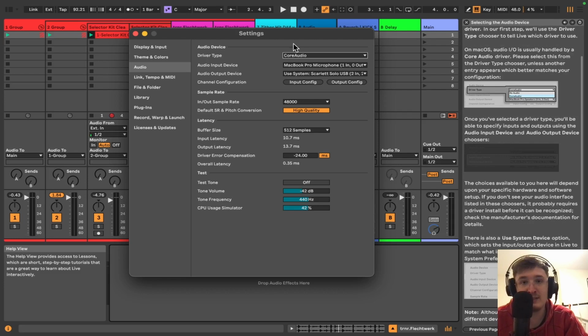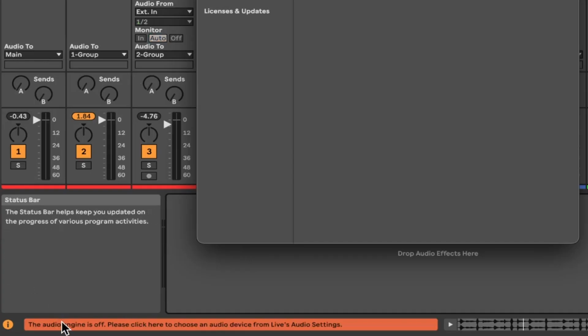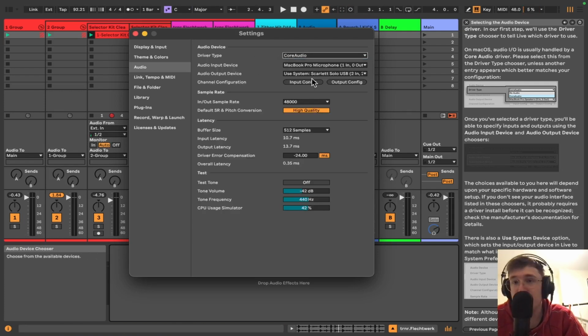Once you've selected a driver type here, you'll be able to specify inputs and outputs using the audio input device and audio output device choosers. So you can see here, I've selected Core Audio. If I select No Audio, then this message down here shows: the audio engine is off. Please click here to choose an audio device from Live's audio settings. So you need to pick a driver type,